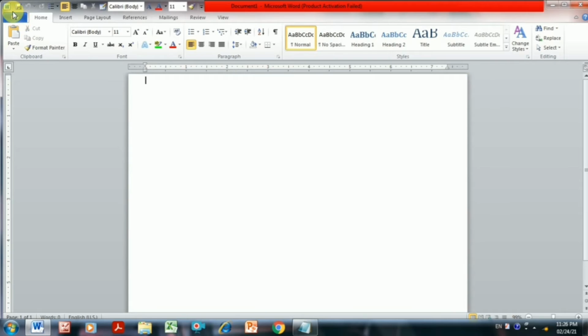In tabs, we are having file, home, insert, page layout. If you click on this, it contains different kinds of commands, or you can say submenus. Below the tabs, you are having different types of groups. Here, clipboard, font, paragraph, styles. All these things are used for formatting the text. Here, before proceeding further, we will write some text and we will try to format it. When I say formatting, it means to change the size of your text, style of your text and the color of your text. Formatting means changing and arranging text in a document to make it attractive, is known as formatting of a document.